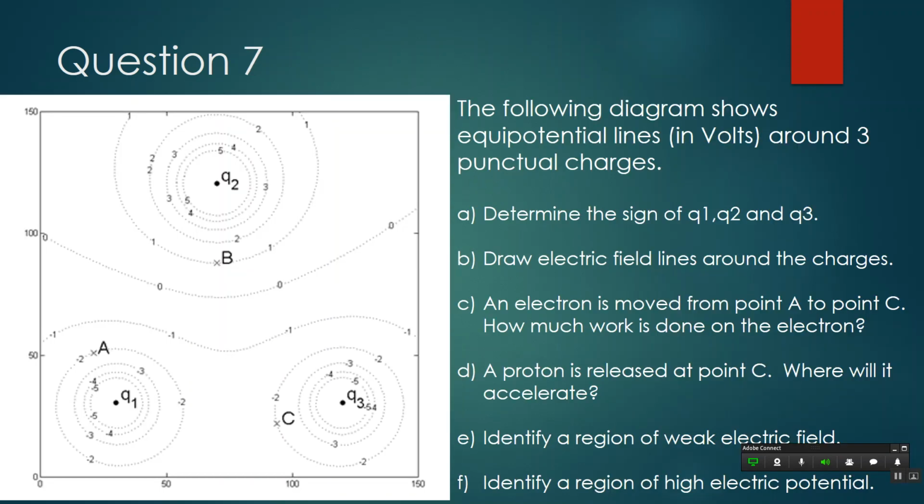All right, I think we have time for one more question. The following diagram shows equipotential lines in volts around 3 punctual charges. It's supposed to be punctual. Determine the sign of Q1, Q2, and Q3. Draw electric fields around the charges. An electron. Okay, we'll do A and B at the same time. So,